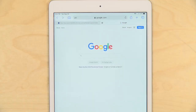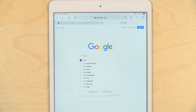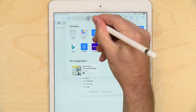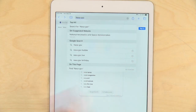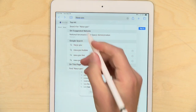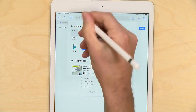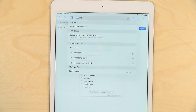Now, Scribble will work beyond just the Notes application. You can actually use it anywhere there's a text input field. Here's a great example. This is the Google search engine just running in Safari. If I go in here and write in NASA, it will recognize that text and input it into the field. Likewise, if I go up to the address bar and write in nasa.gov, it will recognize the text and usually bring me right to the website. Things like web addresses are a little more difficult up there in the address bar, but I could type in maybe SpaceX here and have it find a result for me in Google or take me right